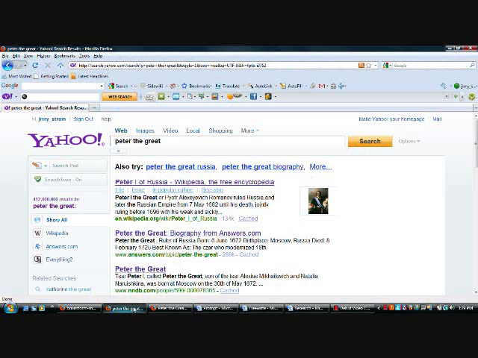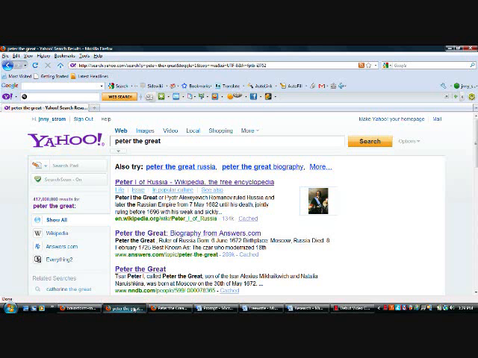I did my research online, just went to a Yahoo search engine and typed in Peter the Great. You can certainly use books that you have available at school or in a library, but it is important to know what your teacher's policy is on sources. Some are okay with Wikipedia, others want research from scholars only, so make sure you know this before doing your research.